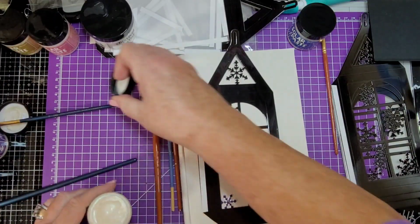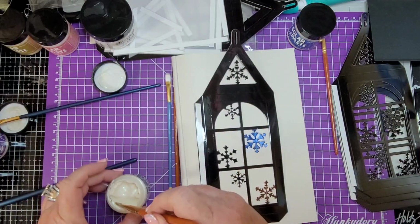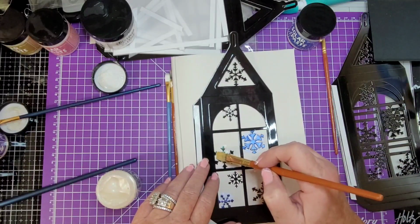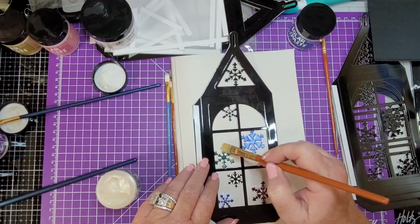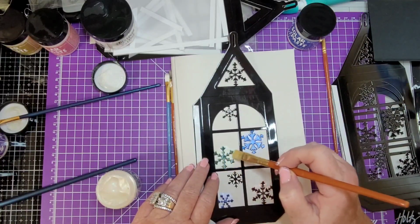Green one. Love the green one. A little bit here. I'll do the big one in green because I like that so well. I think green is my favorite color. Of course, fall colors, you know, the reds and the golds and yellows and